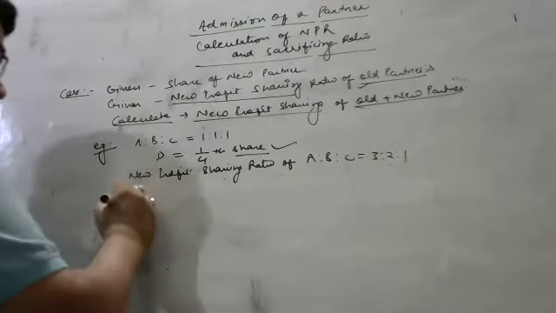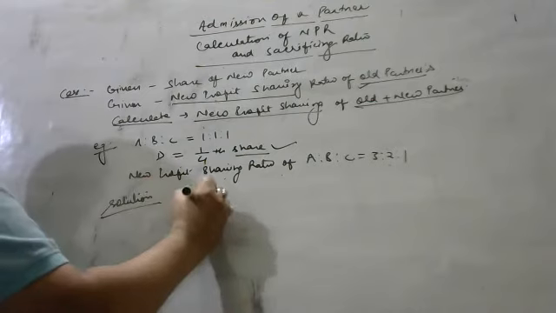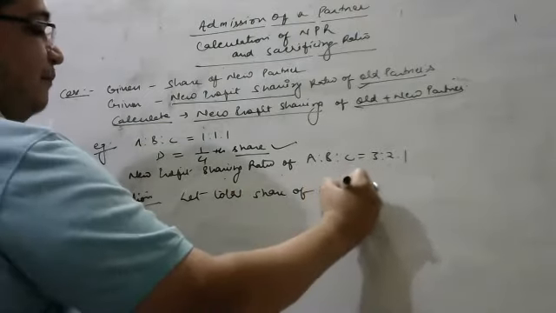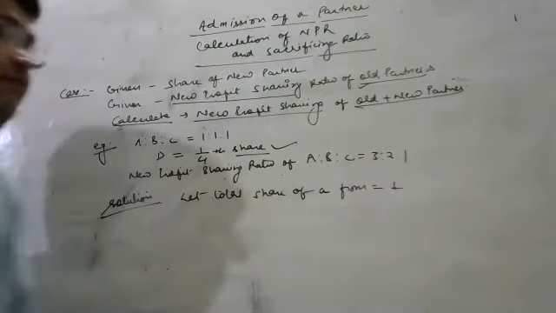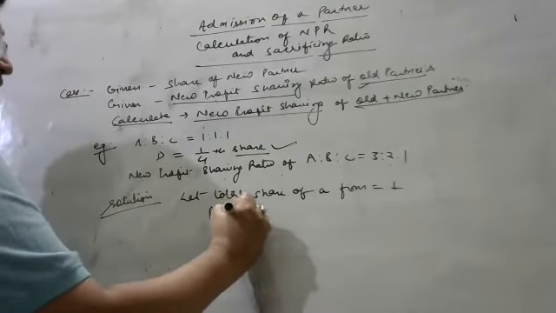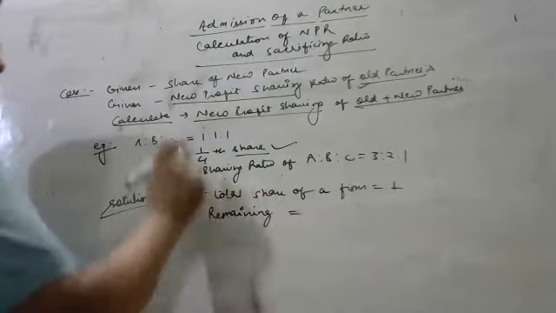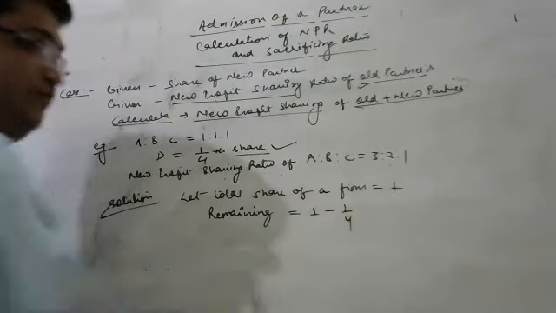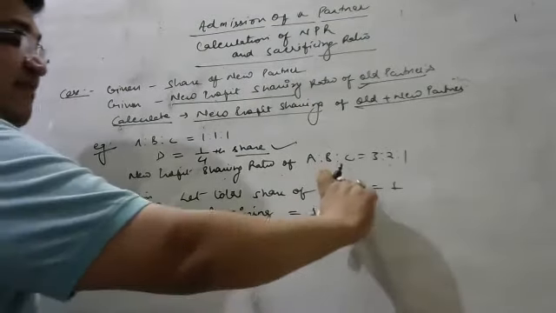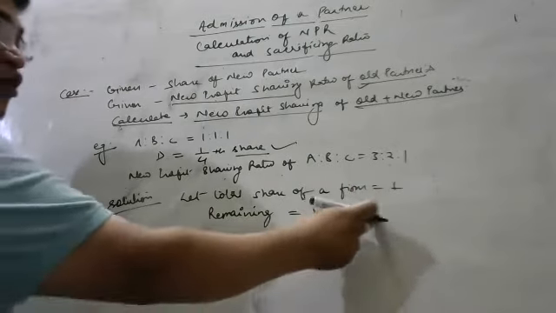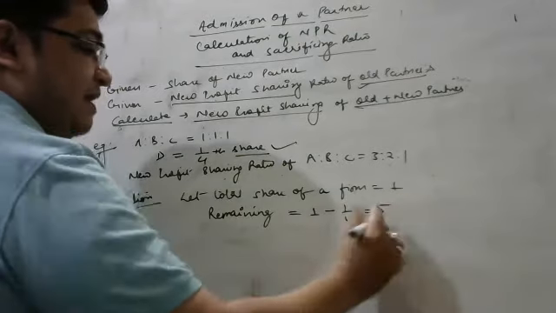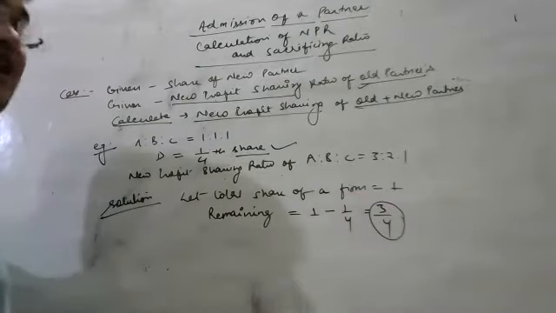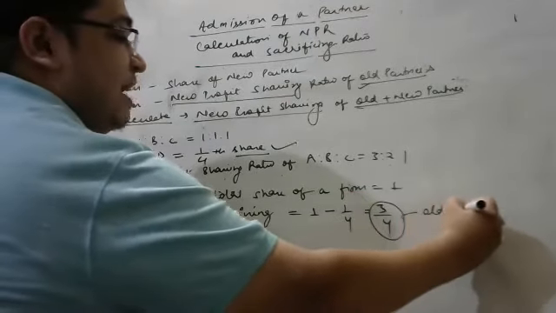You know, let the total share of a firm, एक बिजनेस का टोटल शेयर कितना होता है, मान लें 1. ओके, रिमेनिंग निकालता हूं मैं, रिमेनिंग आफ्टर द न्यू पार्टनर. 1 में से, आउट ऑफ 1 वी हैव गिवन 1/4 शेयर. एक शेयर टोटल शेयर था मेरे पास, उसमें से 1/4 वी हैव गिवन टू न्यू पार्टनर, वो उसको दे दिया. तो अब जो आपके पास शेयर बचा, दैट इज 3/4, दिस इज रिमेनिंग शेयर, और दिस रिमेनिंग शेयर विल बी शेयर्ड बाय द ओल्ड पार्टनर्स. अब ये ओल्ड पार्टनर्स के लिए सही तो रहेगा.